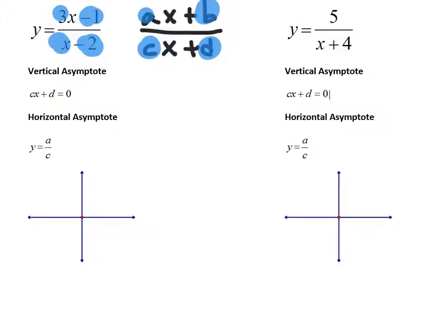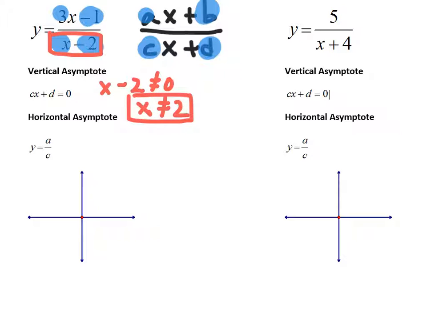So if we were trying to find the vertical asymptote, which means what values can we not use here, x minus 2 cannot equal 0. And when you solve that, you get x cannot equal 2. So that becomes our vertical asymptote at x equals 2. The other thing that we learn is that the